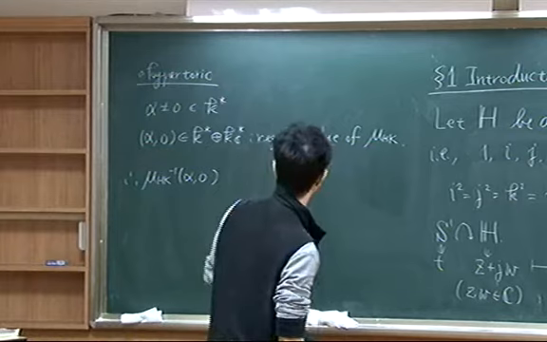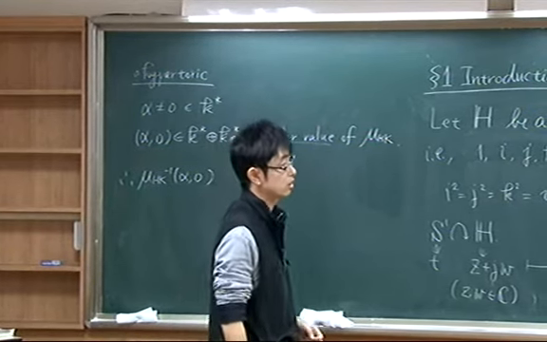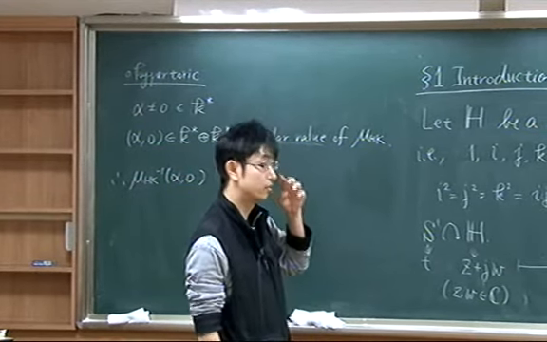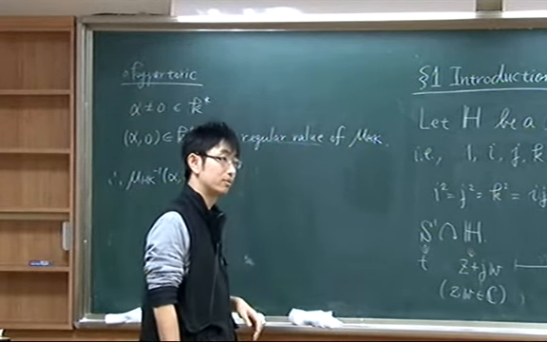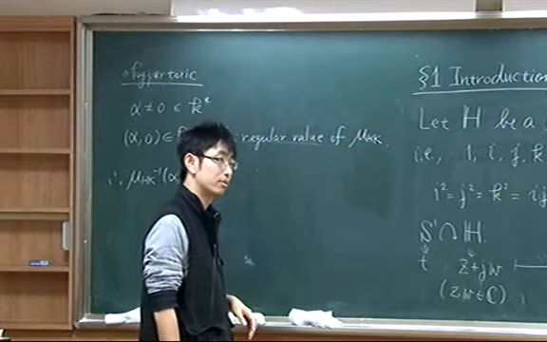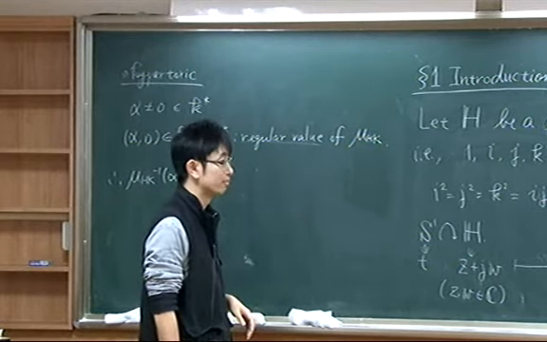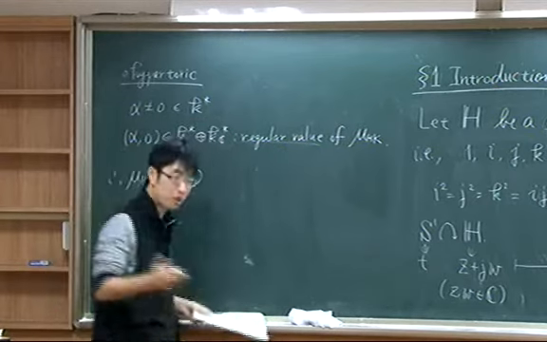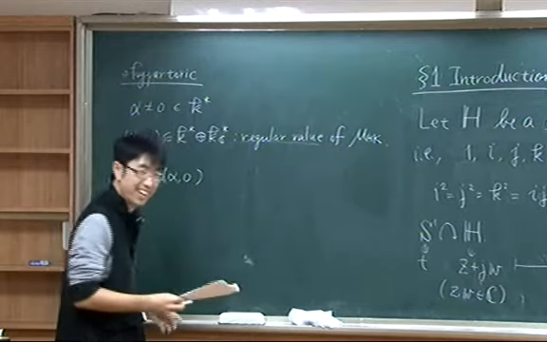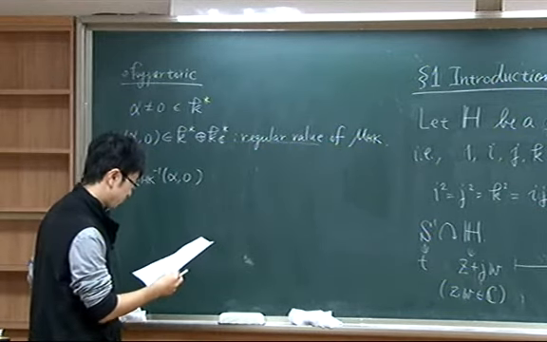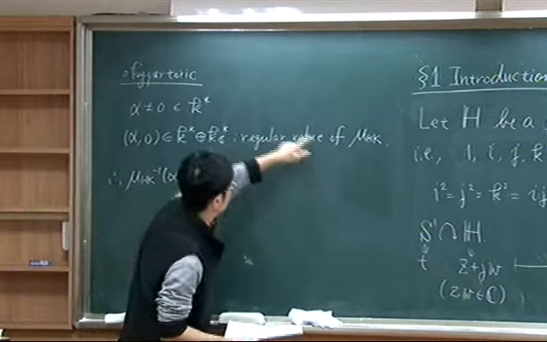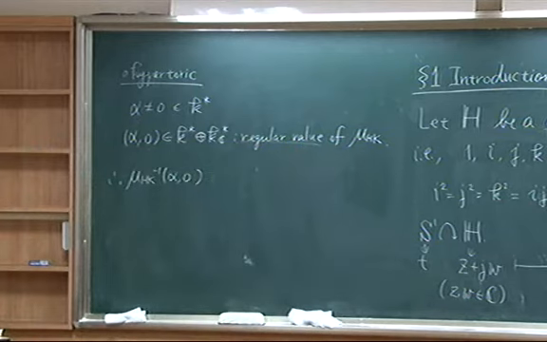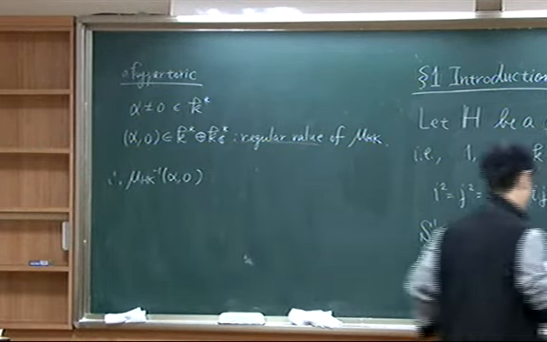Complexification of T star, that's a tensor product with C, right? Yes, yes. So you are considering that. If you have any questions, please ask me. And so yes, this is a regular value. So this mu_HK inverse of alpha, 0 lives in this space, has a